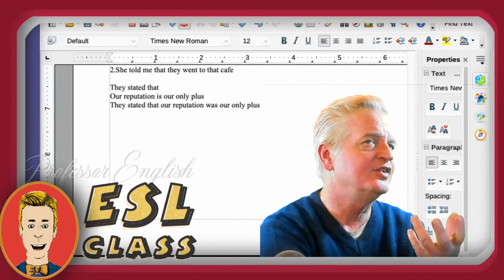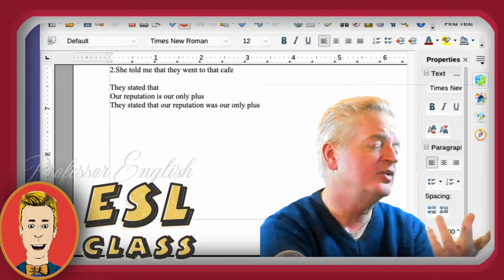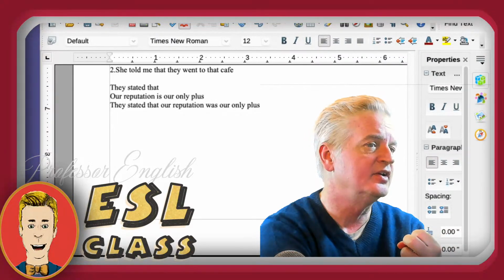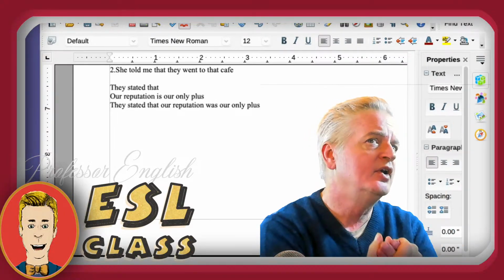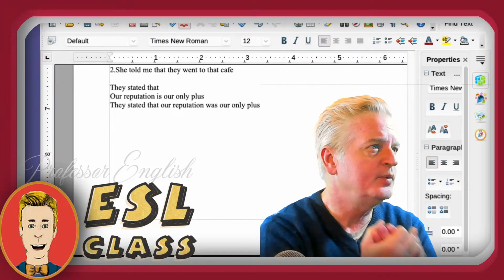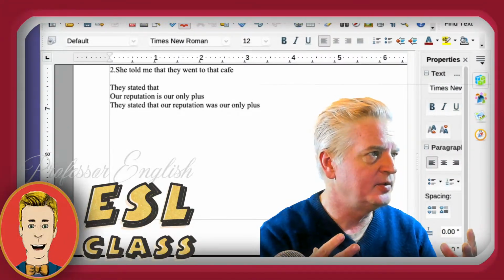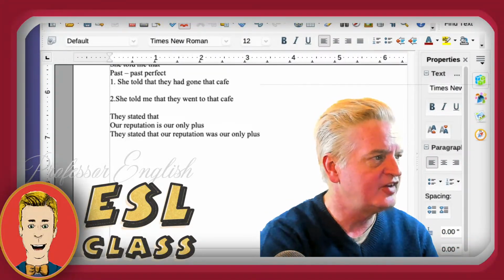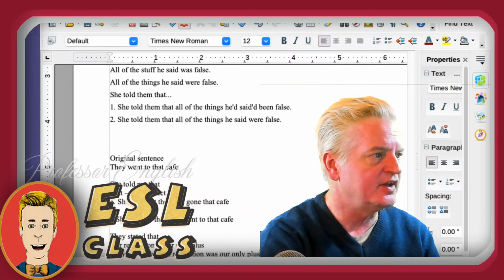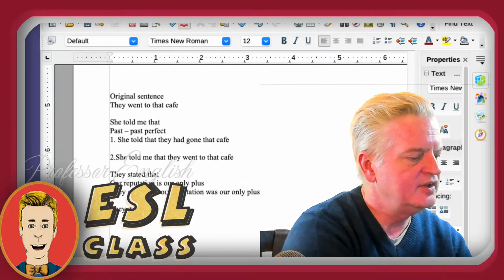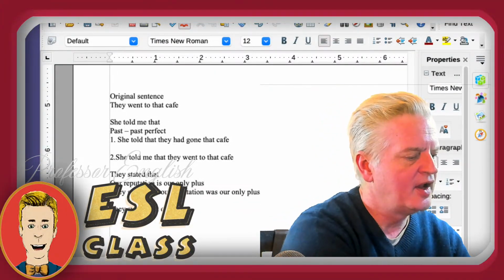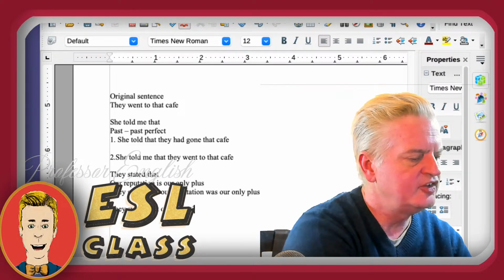You're still connected to your reputation, or they should be still connected to the reputation. That connection is not broken, so don't change the verb tense. It would be better to use the connected verb tense, which means don't change anything. Keep it like this. They stated that our reputation